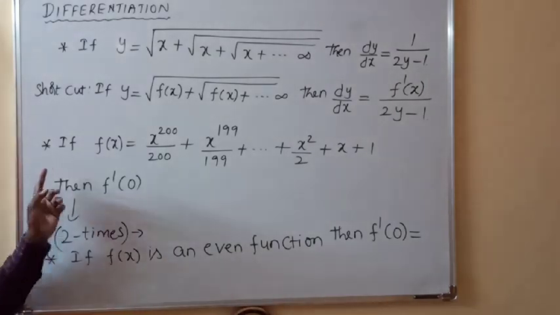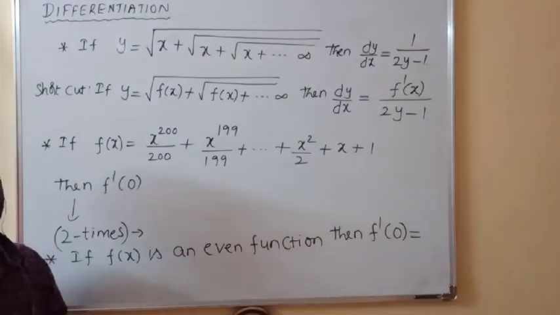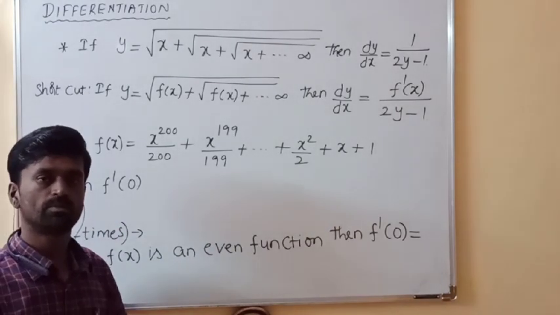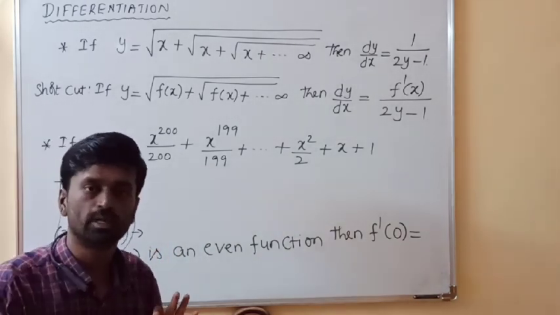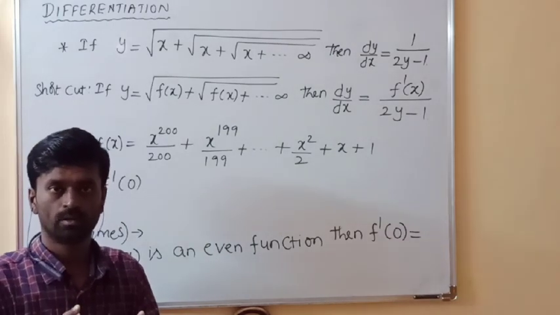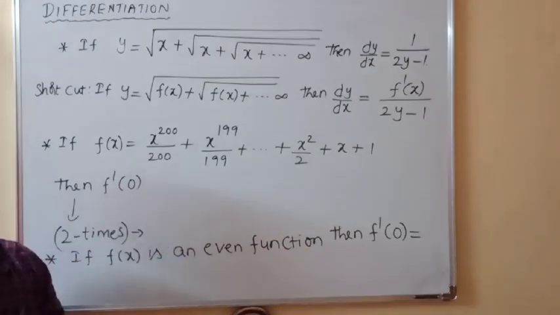Next. This model question they asked 2 times. Okay, so this is the f of x. Then what is f dash of 0? Don't find it that way. The original method is, first we have to find f dash x, then we have to put x is equal to 0. But I am going to give one trick. With that trick, by looking at an equation, you can say the answer.